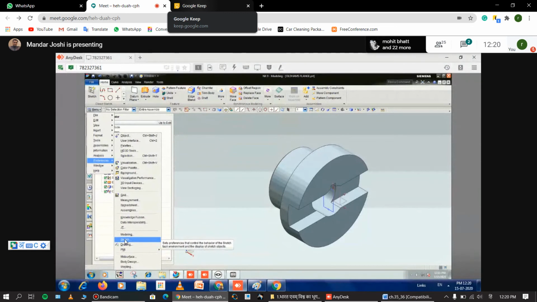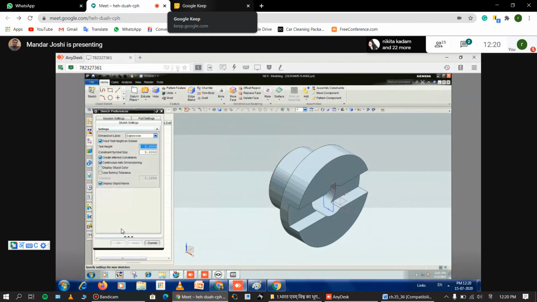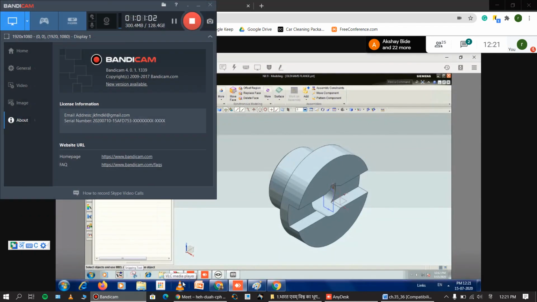You can take a screenshot of this. Select the sketch. Now in the sketch setting, you find this continuous auto dimensioning button. You have to turn it off and click OK. That's it. Okay, sir. Now every time it will not ask for the dimensions. By default, your